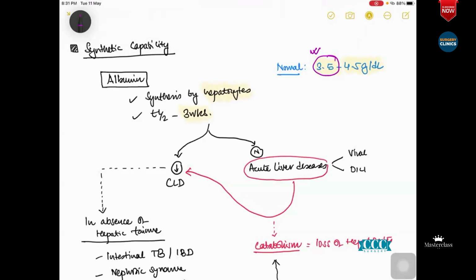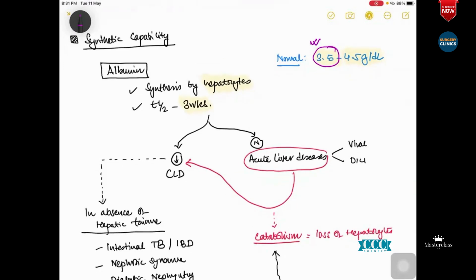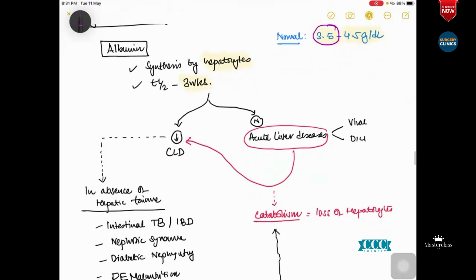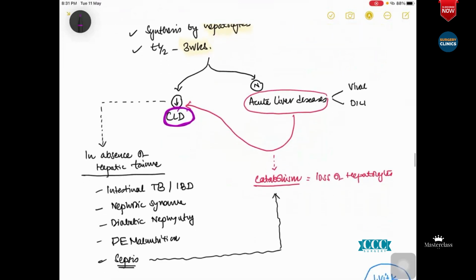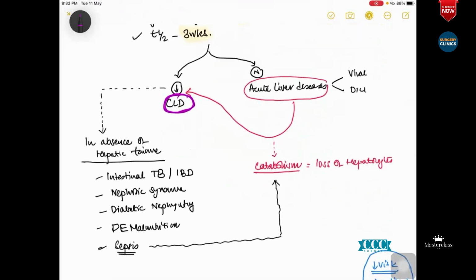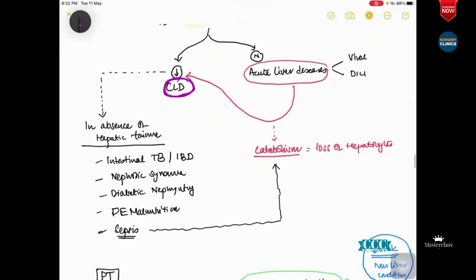Clinically, the patient can present with edema due to hypoproteinemia. And remember the Starling's forces, which I had discussed in your general examination class. So albumin is responsible for generating the oncotic pressure inside the blood vessel, right? Now, albumin can be low in a patient with chronic liver disease, with a hepatocellular pathology. Now, you can have somebody with an absence of hepatic failure whose albumin can also go low.